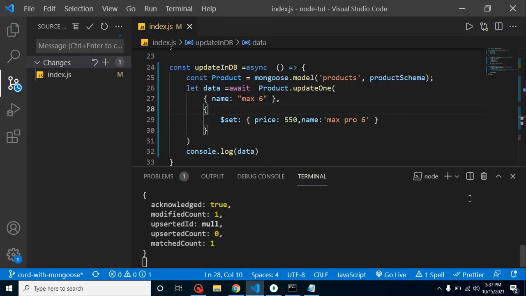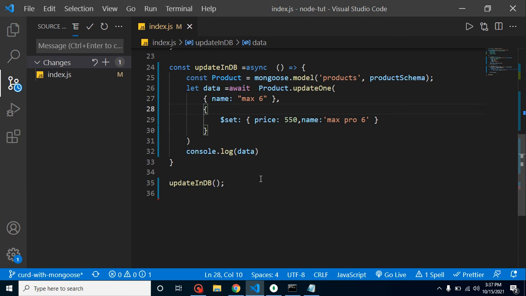So after that, now let's see how we can delete a record. For that, I am not calling this function and am creating one more function, which is delete in db. And as I told you, again it will be an arrow function.